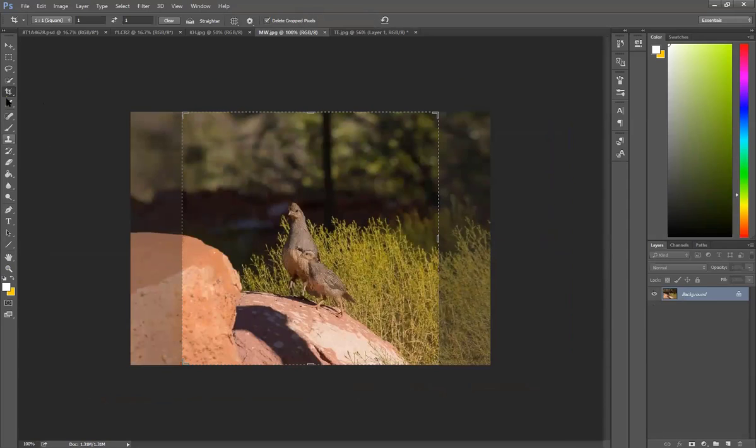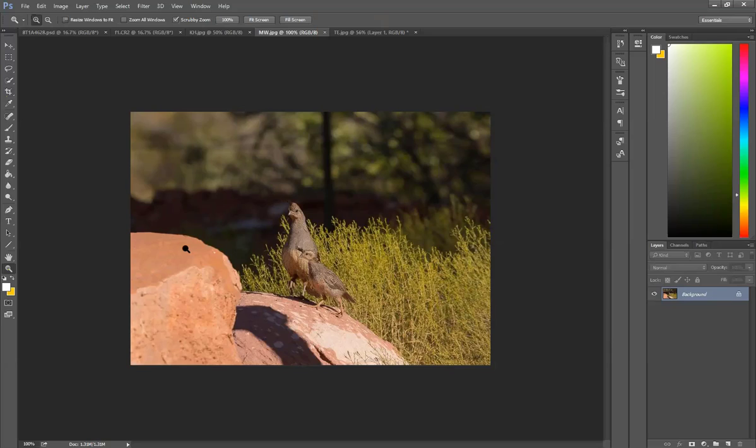And let me get rid of that crop. There we go. So this is one of my favorite subjects, the quail. I think these are Gambel's quail, female. This is an image that, and thanks for chiming in, everyone. So this one is of a Gambel's quail, and it looks like a semi-adult